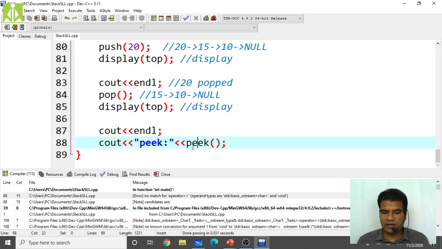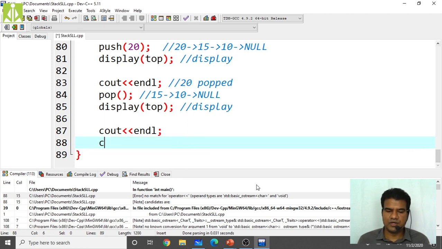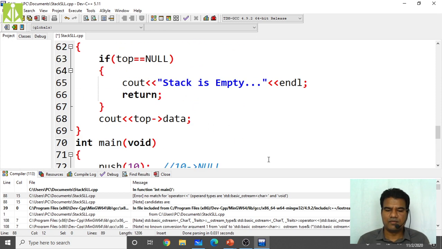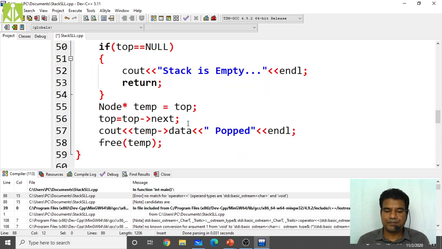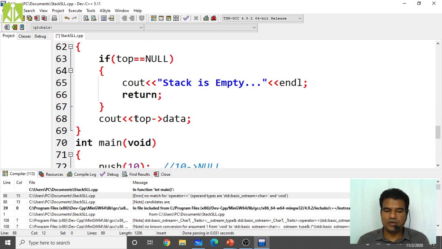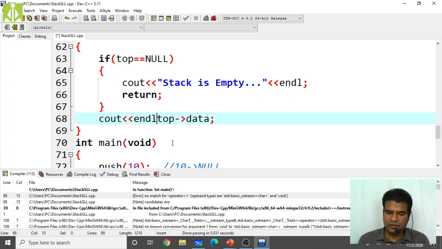Yes, here we get an error. We cannot call this function as part of this one. So here you remove cout. Simply call the function peek. That's it, peek. And here inside peek you put endl. Yeah, it has to come like this only, endl.